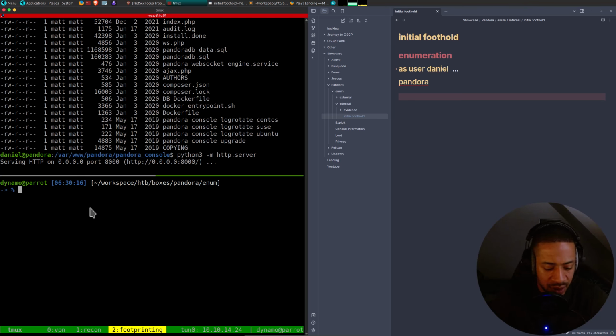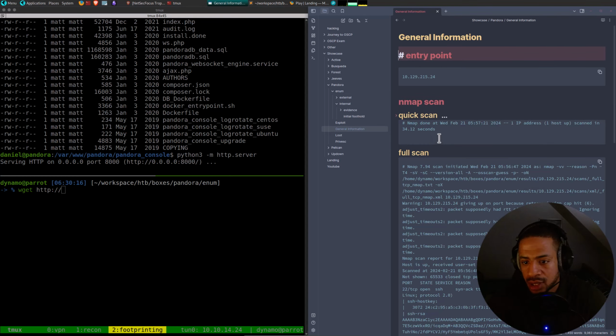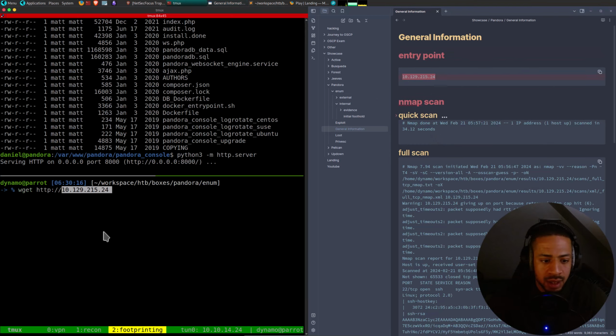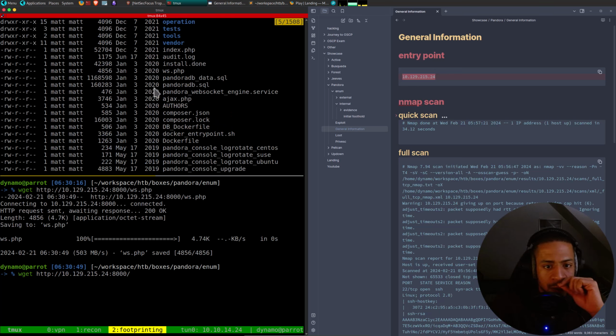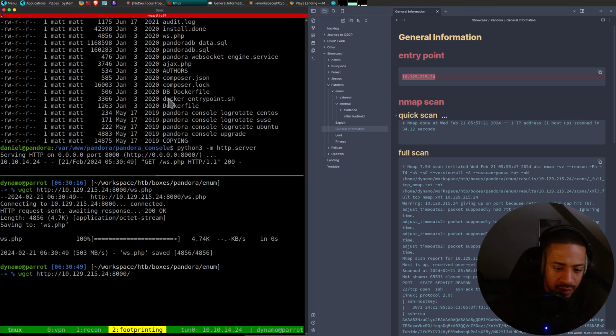So we say we get HTTP, port 8000, and then what do we want to download? WS-PHP. What else do I want? Index, just to see.